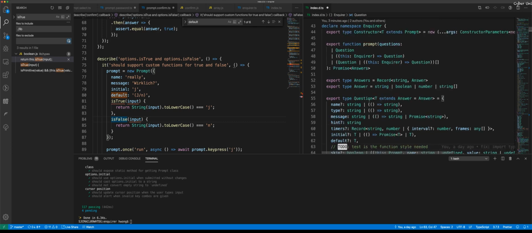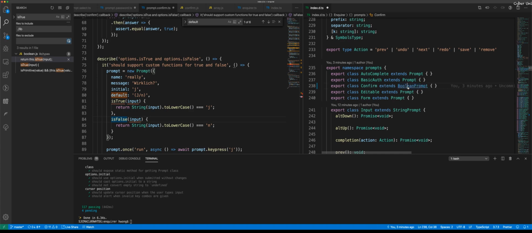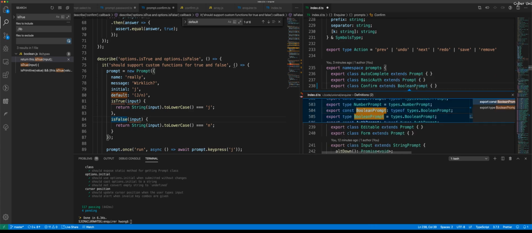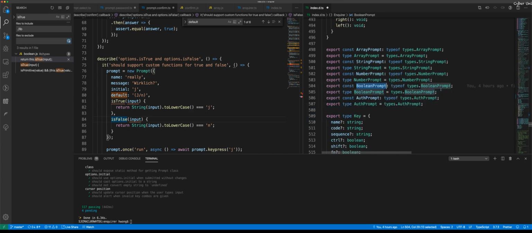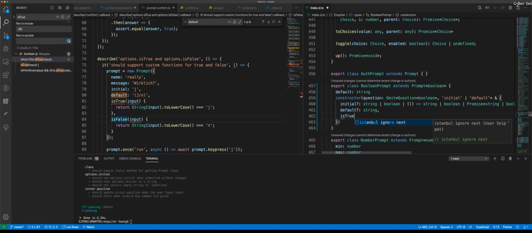What I have done is that confirm extends from boolean, nothing over there. And then in boolean, it has some extra functions, so those are the things that I want to add in. First, this has an is true. It's optional, and it takes the input, and I assume this will be